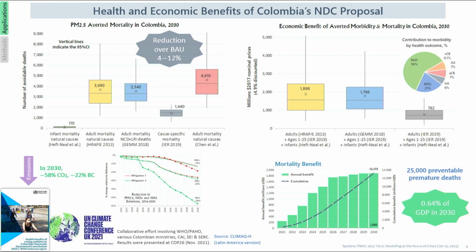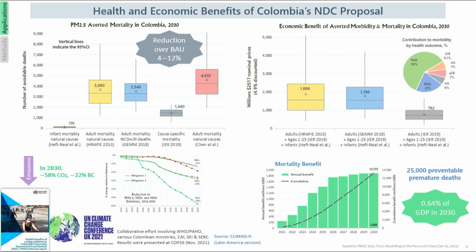This slide shows the analysis of the health gains and economic benefits of Colombia's NDC submission to the UNFCCC. These results were published in a WHO report and were presented at COP26 Glasgow in 2021. According to Colombia's NDC ambition, emissions of CO2 and black carbon in 2030 would be reduced by 58% and 22%